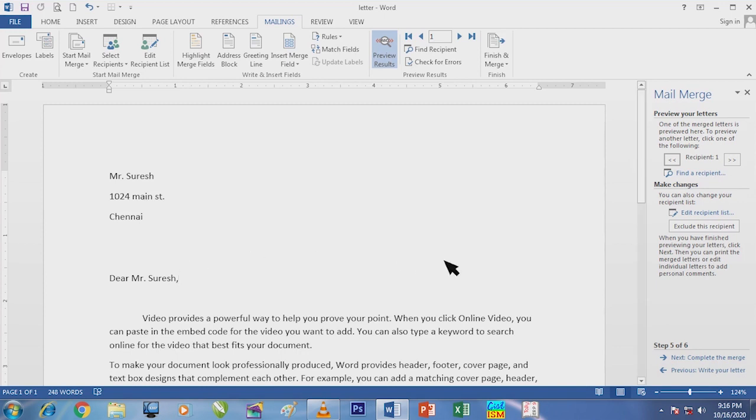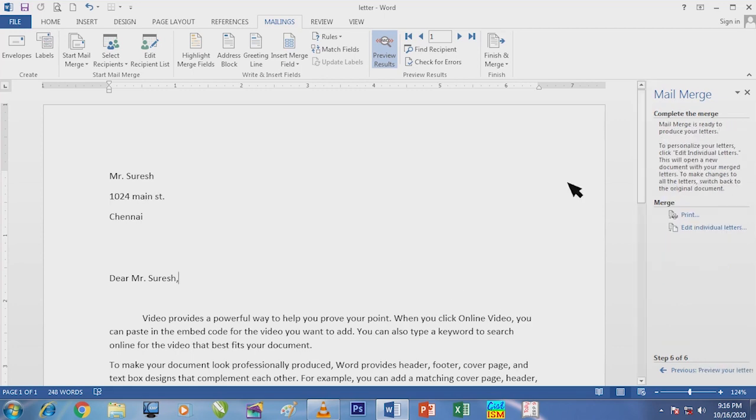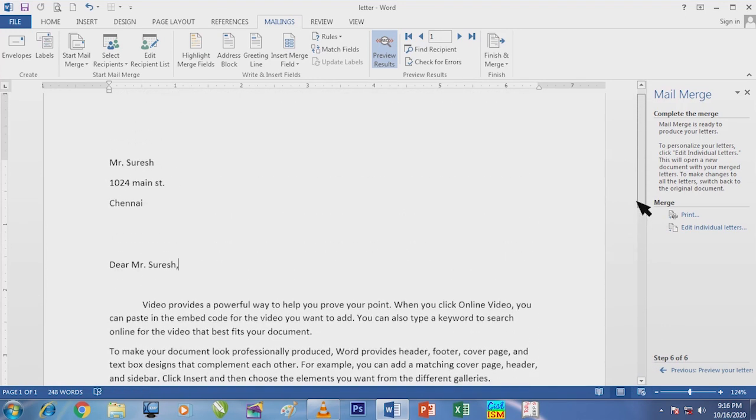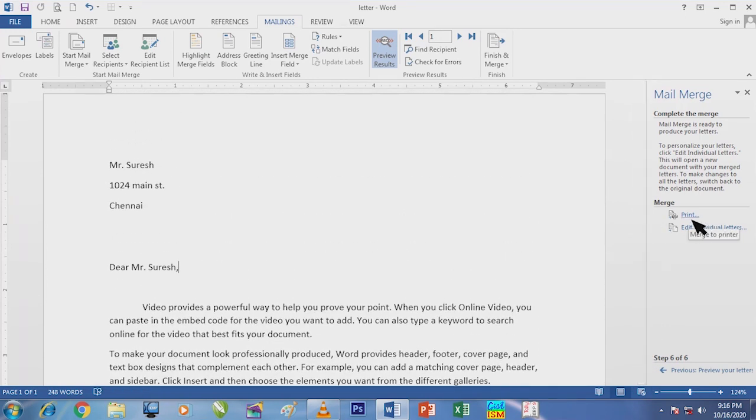When we click next step, we will automatically see the addresses already placed there, and the name is also given there. And I go to the next step, and if I want to see how it appears, I can either click print, or go to Edit Individual Letters, and when I click that, I can see this window popping up.